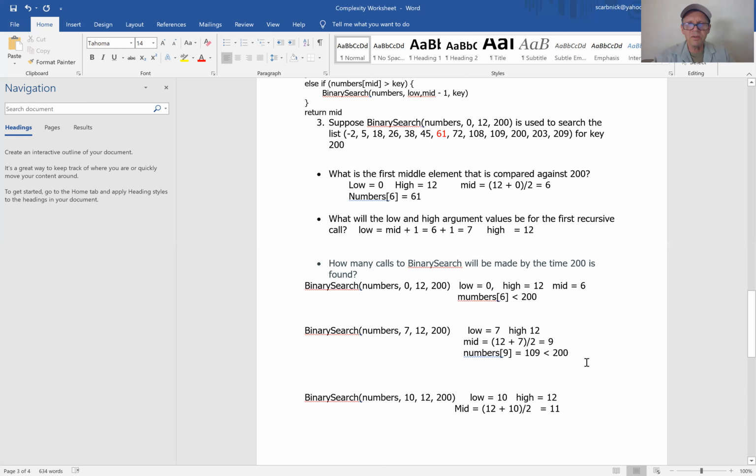Okay, so 0 to 12. Yeah, the mid was 6. So then we call numbers 7 to 12. Then we look at numbers of 9. Numbers of 9 is 109, and that's less than 200. So the next time we call it, the low is 10 and the high is 12, which means that the mid is 11, and it turns out numbers of 11 is